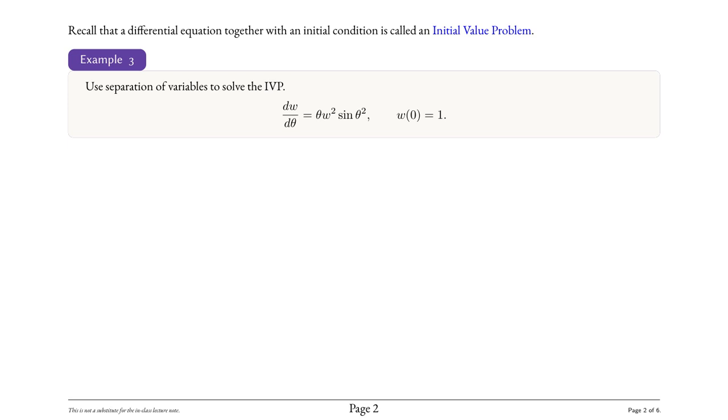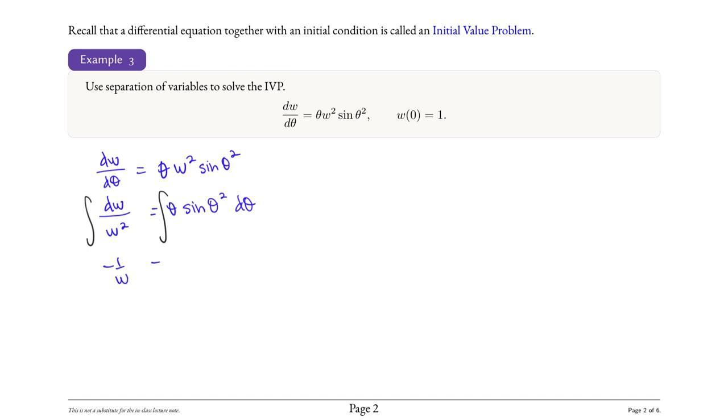We move all the expressions with w in them to the left hand side and all of the expressions that have theta on the right hand side. And then we integrate both sides of the equation with respect to the corresponding variable. On the left hand side, it is the antiderivative with respect to w, and so it is minus 1 over w. And on the right hand side, to find the antiderivative of theta sine theta squared, we can use u substitution,